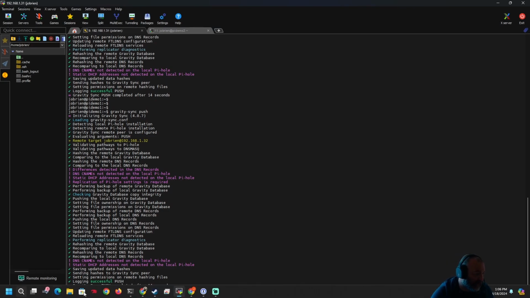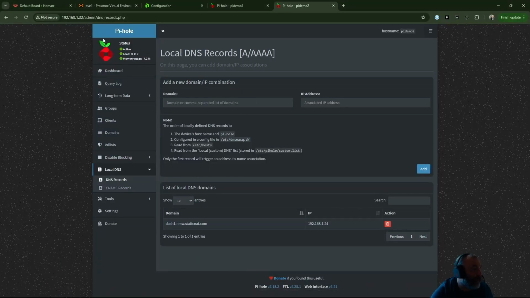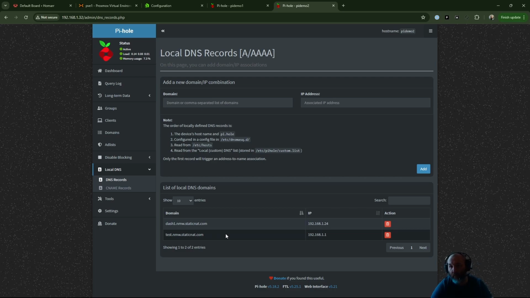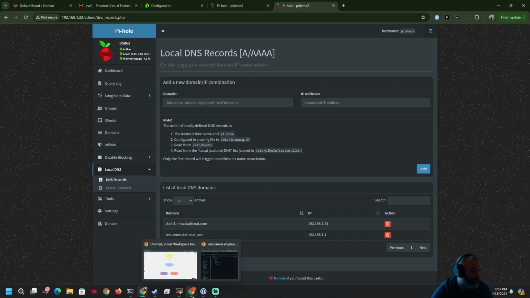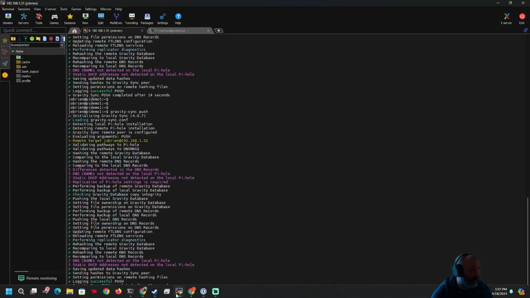It's done the synchronization. We go back to our Pi-holes. We do a refresh on that screen, and there it is, test. So we're good to go. At this point, we've set up the authoritative sync and all that good stuff. And now what we're going to do is finish this by doing the automation component, which is the final part, if you guys remember,